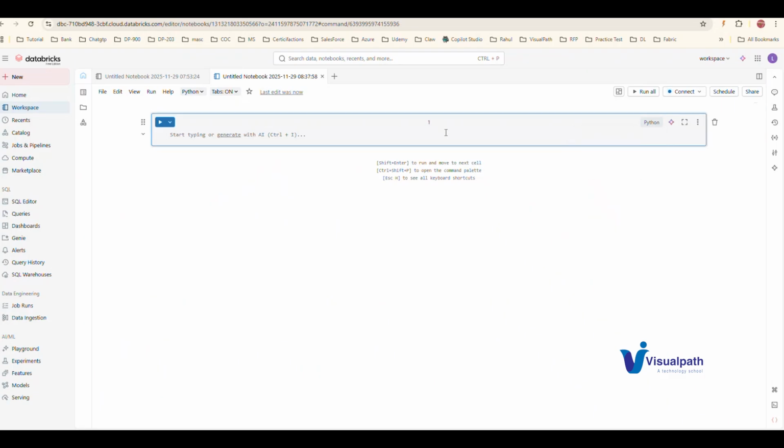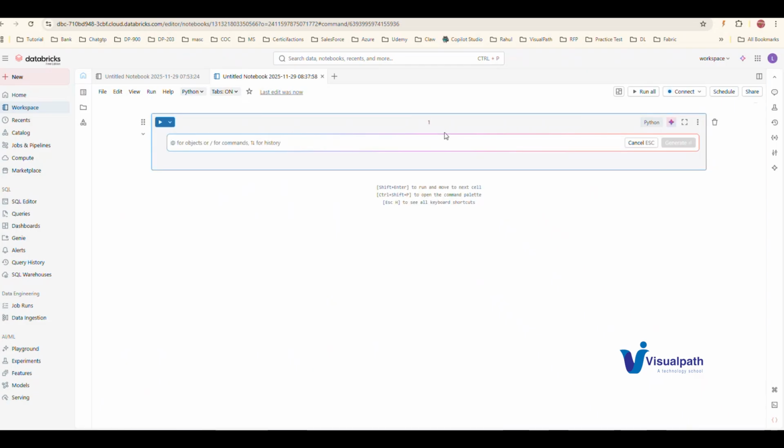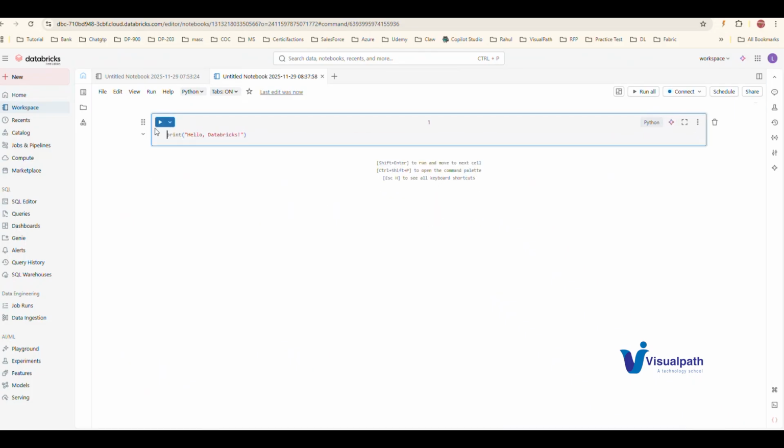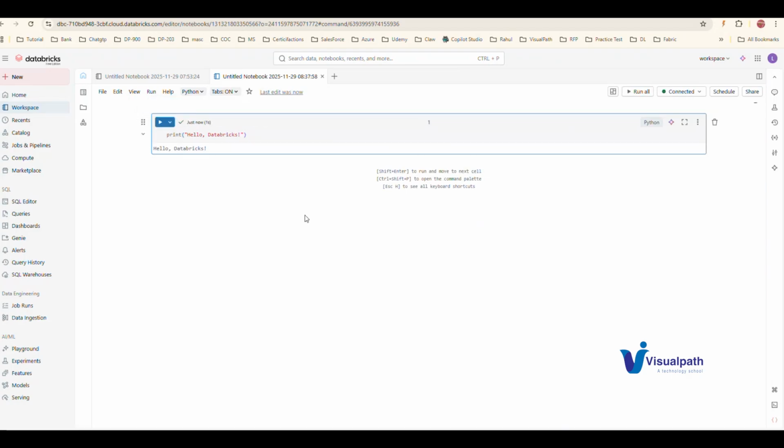This is one of the advantages of the environment, and it is AI enabled. If you want to type something, I am just prompting something, giving a statement. Okay, nowadays it is very good and I am accepting it. So I got a code. I am just giving you an example. This is how we can write a particular thing in notebooks. It is very easy nowadays, or we can type the code. The code will be automatically generated, so we do not have to do it from scratch, like the variables.